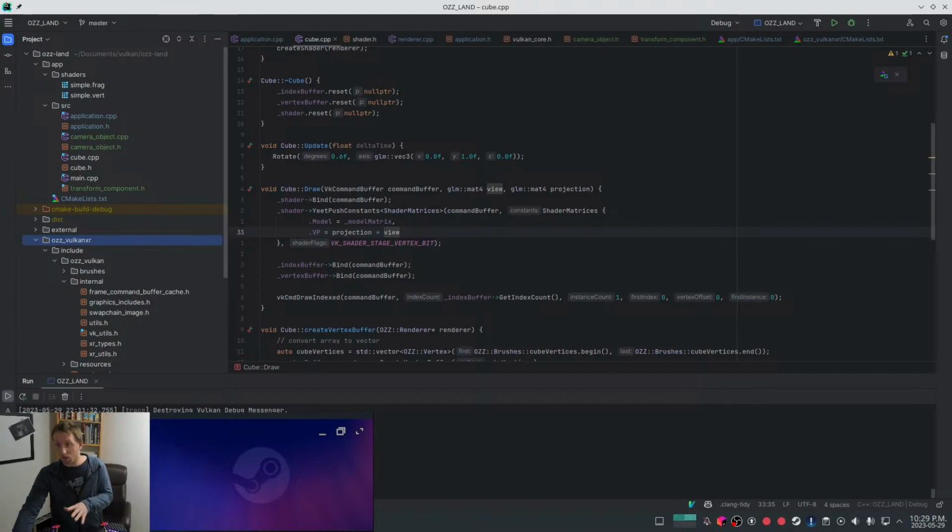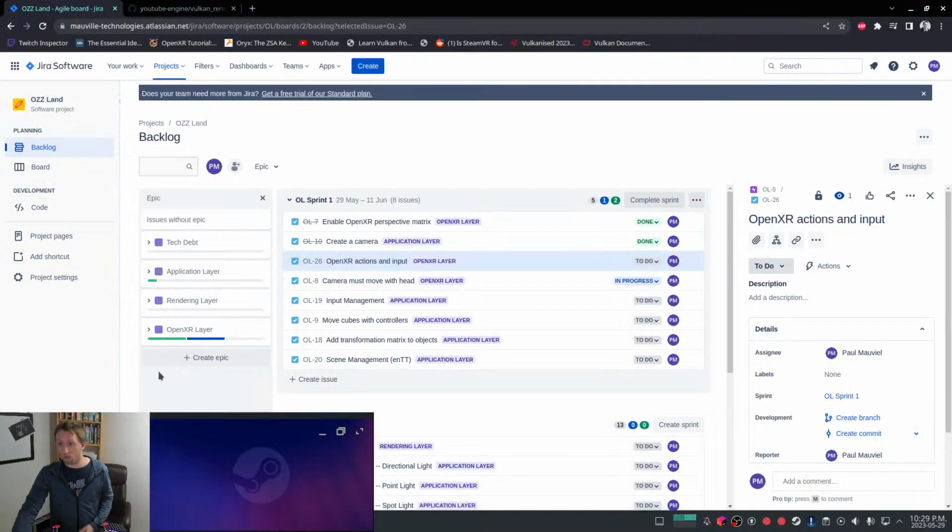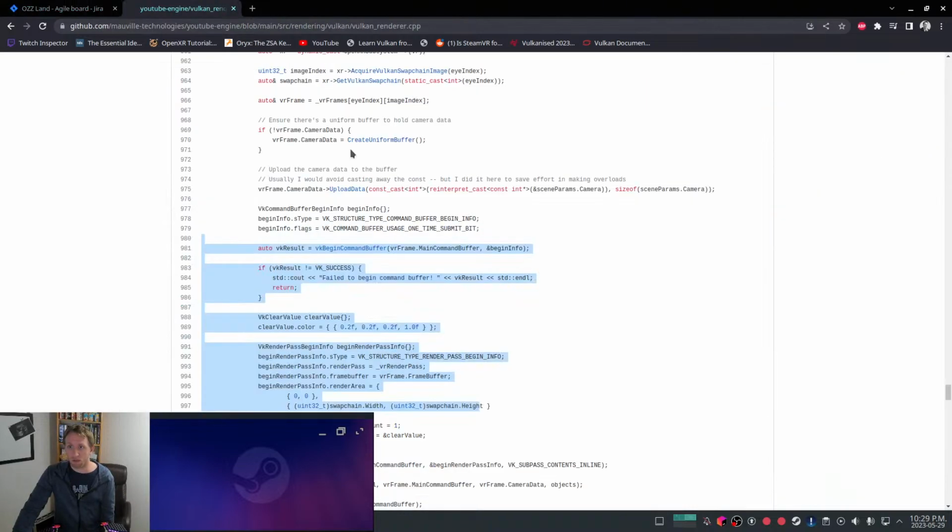Now, I have a video where I basically go through and build out a pretty robust input management system, and I'm going to reuse that entire chunk of code. So if you look inside here,